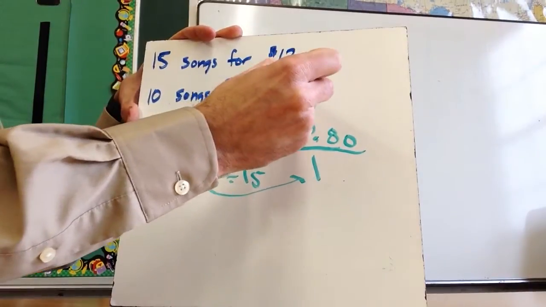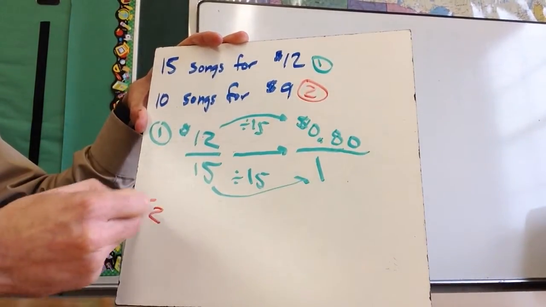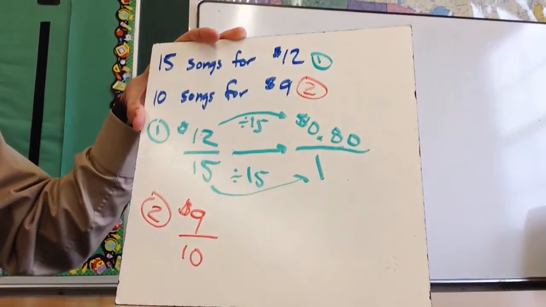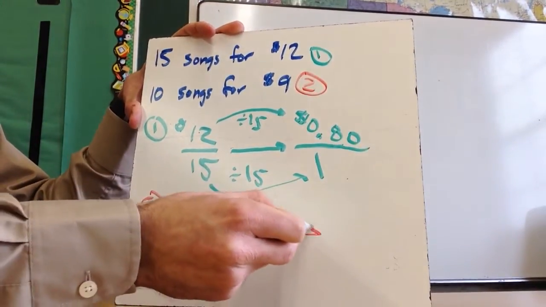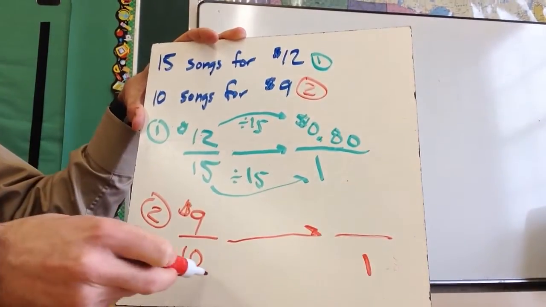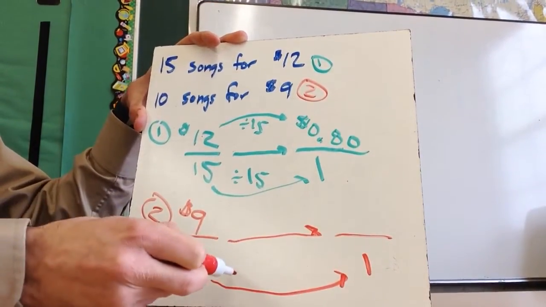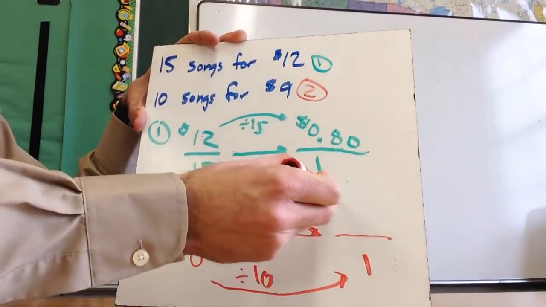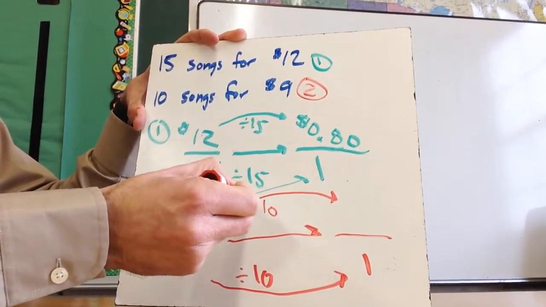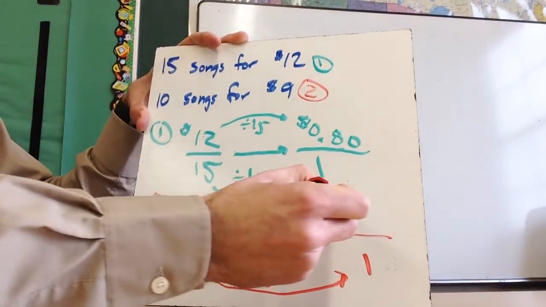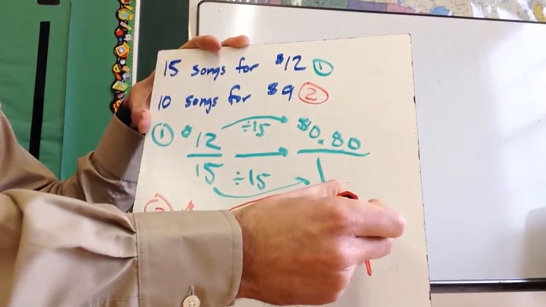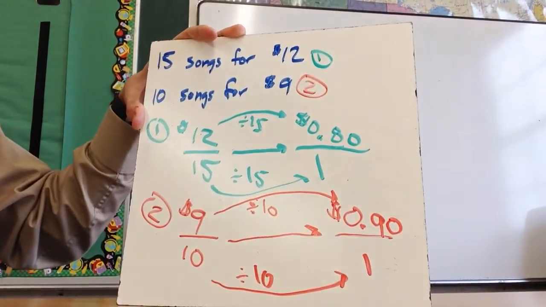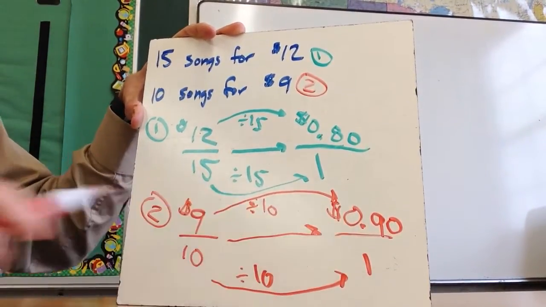Well, let's see what Company 2 is offering. So Company 2 is going for $9. I can get 10 songs. So how much does 1 song cost? To get from here to here, I am dividing 10 divided by 10 to get 1. So I now need to take 9 and divide by 10, and 9 divided by 10 is 0.9. But again, since I'm talking about money, I'm going to make this 0.90, which means this one is 90 cents